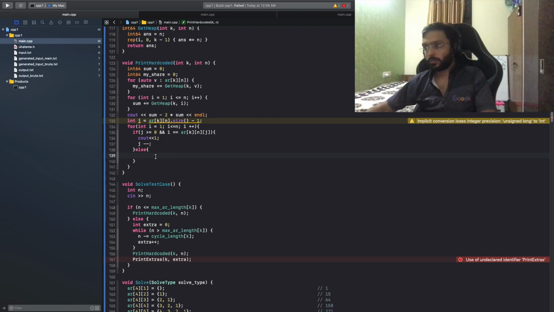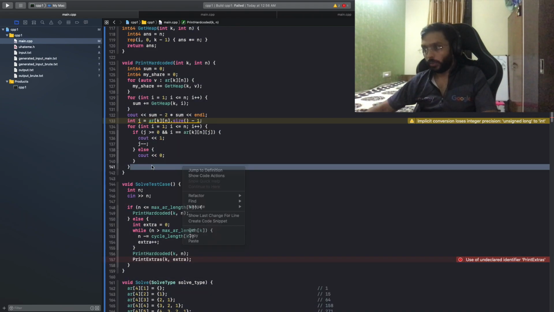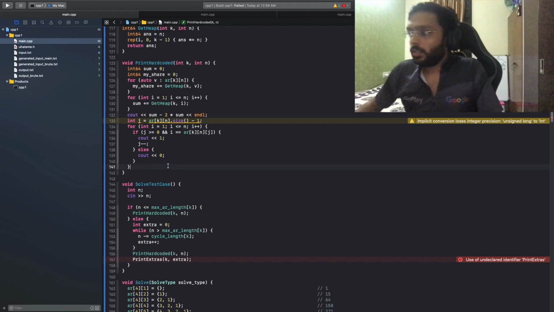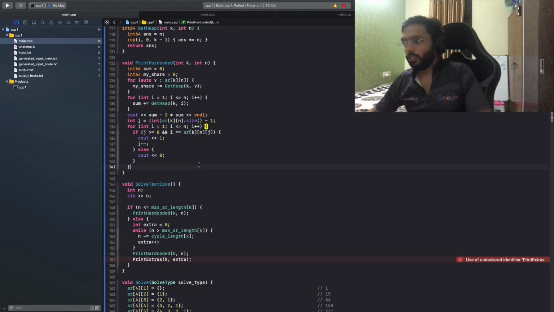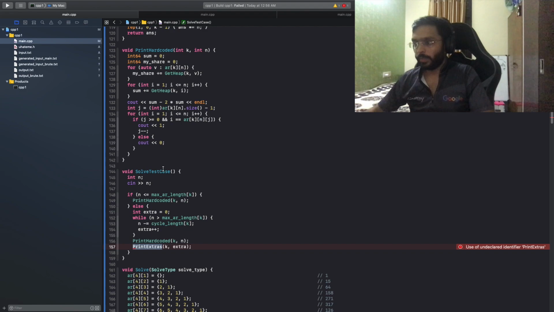Else, this is not my share, I simply do cout 0. Okay. So I think this prints the hard-coded thing, and then I can simply print the extras.